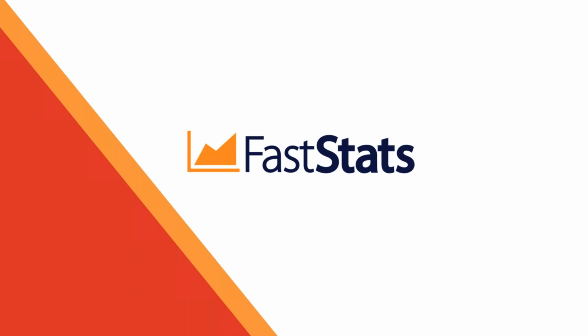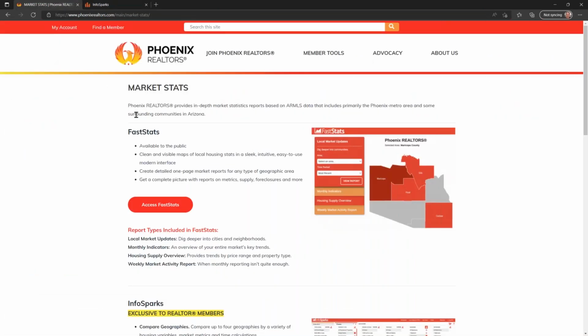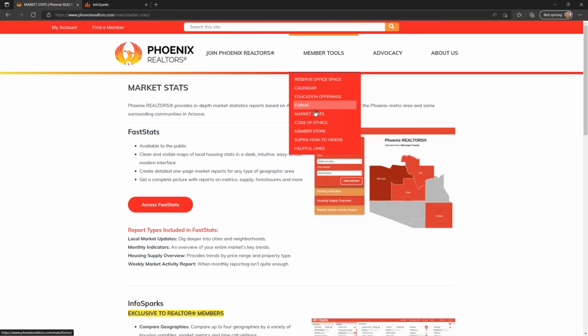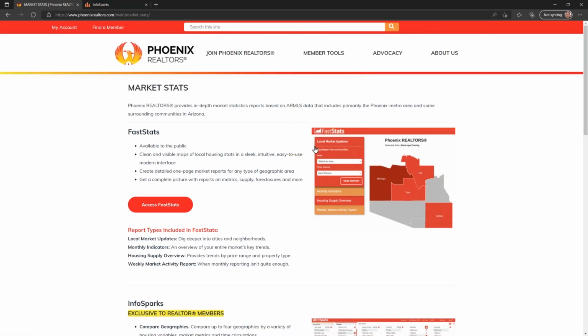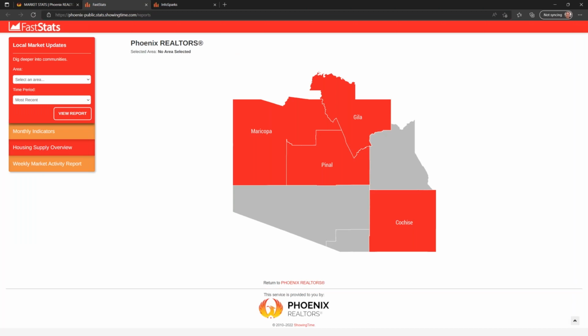Okay, so now we're going to look at the FastStats reports. To access FastStats, you're going to go back out to the association website and back under MarketStats under Member Tools. You're going to click on this FastStats button here at the top. The FastStats reports have been available in your market for some time, but I wanted to refresh you